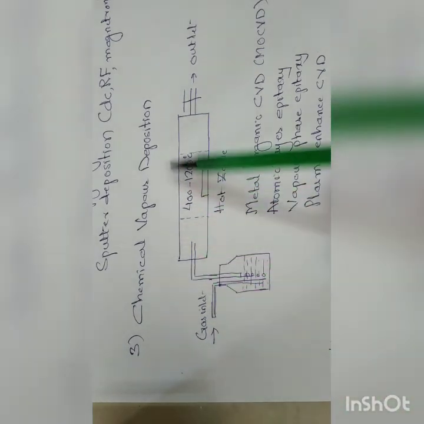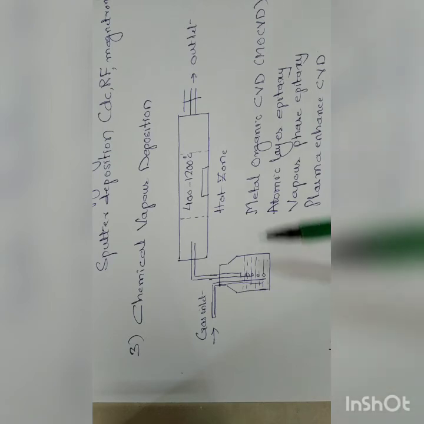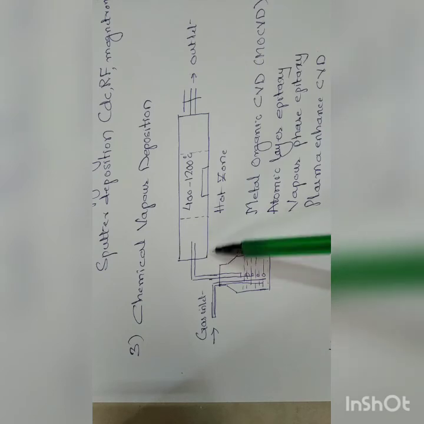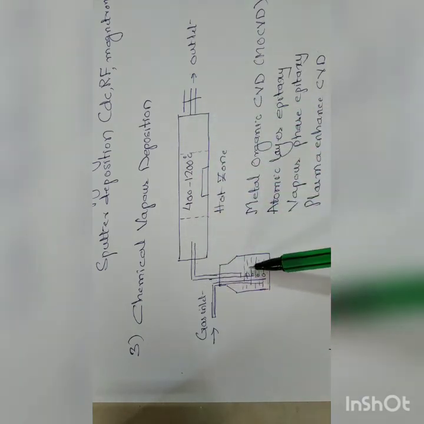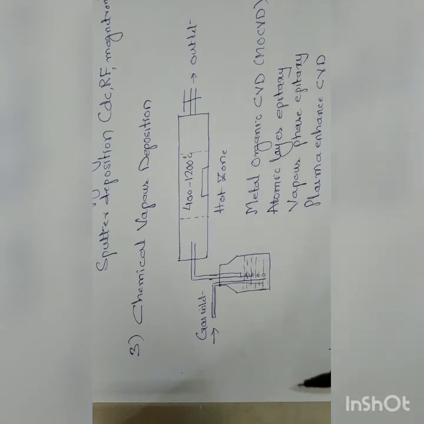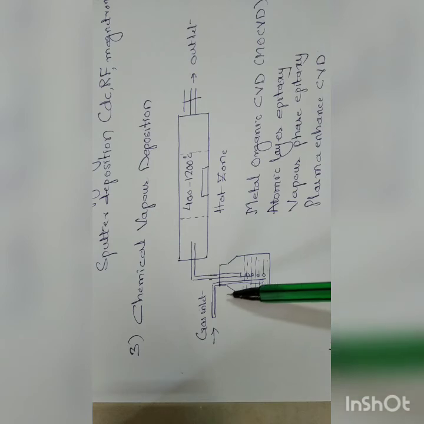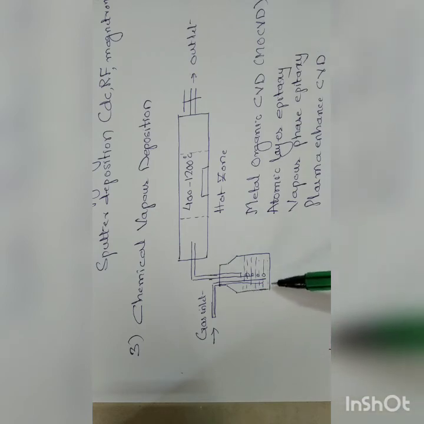Next, what we have is chemical vapor deposition. Again, it is a very interesting technique and a lot of work has been done, but here I will give just the basic concept. You have a chamber as a long tube. There is an inlet that is connected to a volatile organic liquid or a material. Then there is a gas inlet, and by passing gas you can pass a small amount of